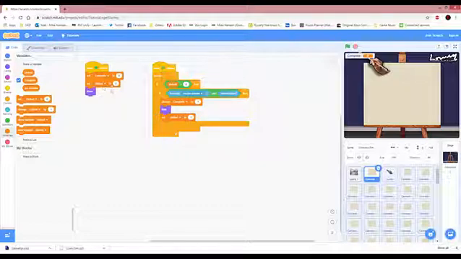So we've got a clicked variable at 0 that says it's not been clicked, and a complete variable at 0 that says the painting is 0% complete. Every time you click one, guess what it's going to do? It's going to add 1 to the percentage. There's 100 of these, so there's 100% to be added. So this is when the green flag's clicked, forever. So all the time now.